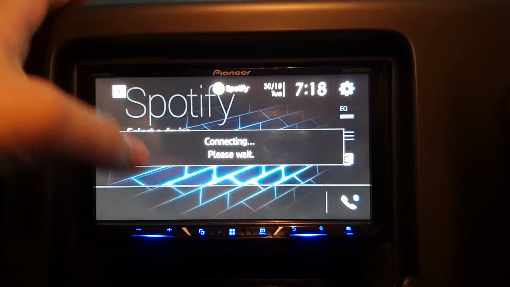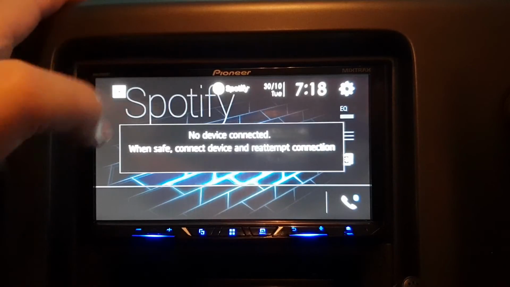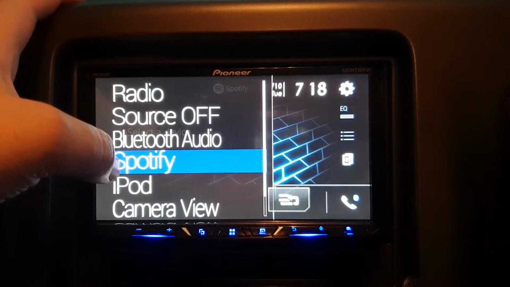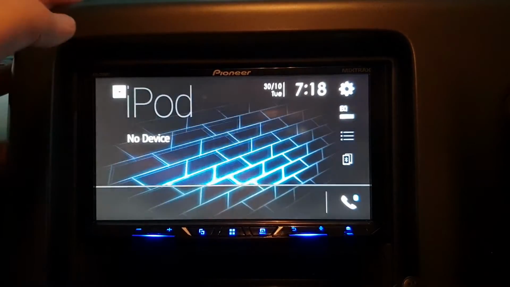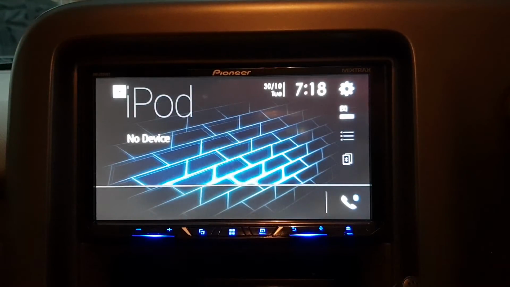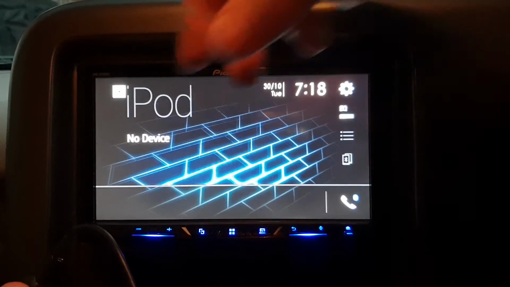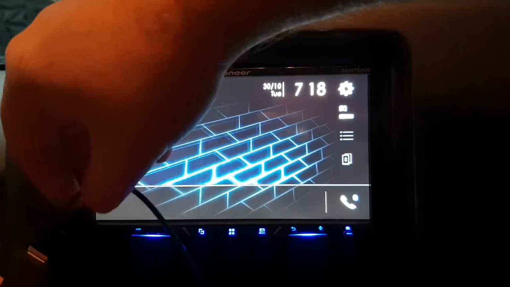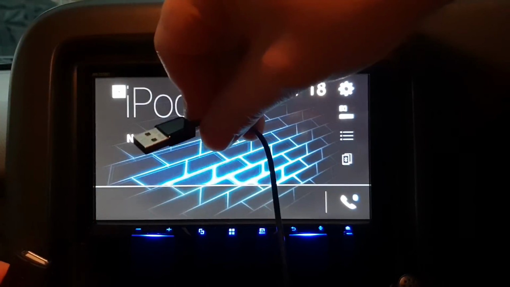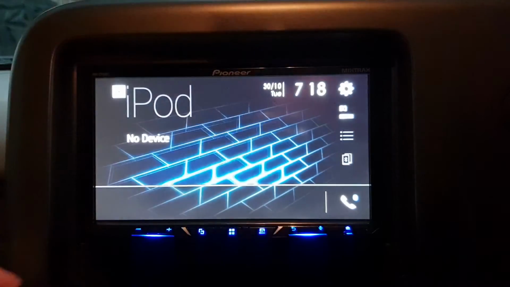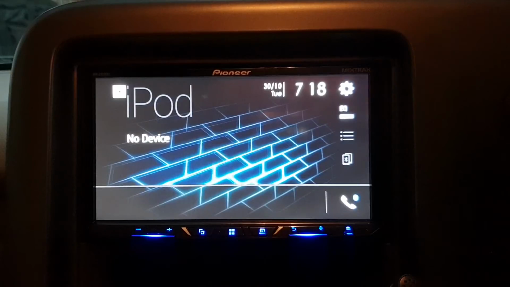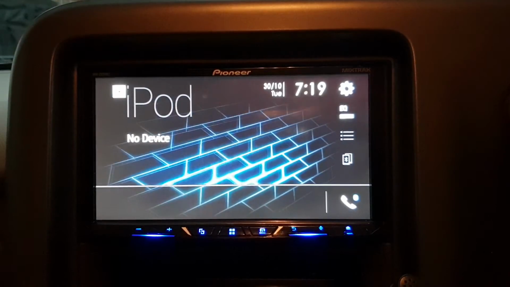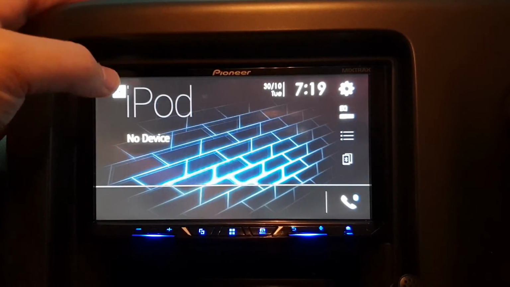Spotify, so if you've got Spotify on your phone, it'll try and connect to that. Don't have that. iPod, so using the USB cable that comes with the unit, it's a little bit off camera, you can unplug that, plug in your iPhone or iPod cable. At the moment there's a USB-C cable plugged in, which is what the phones use, all the phones that we